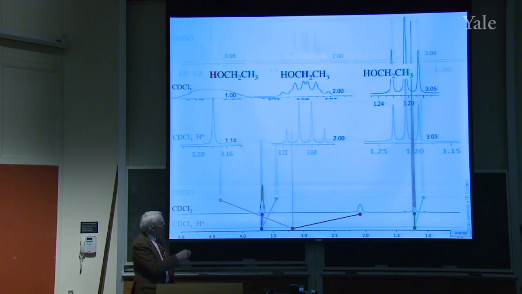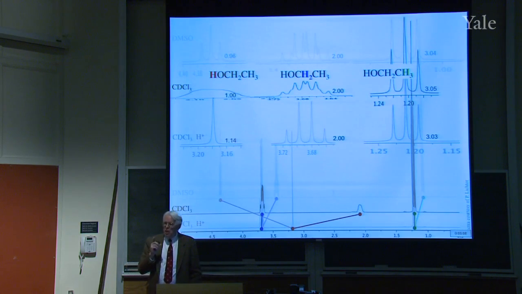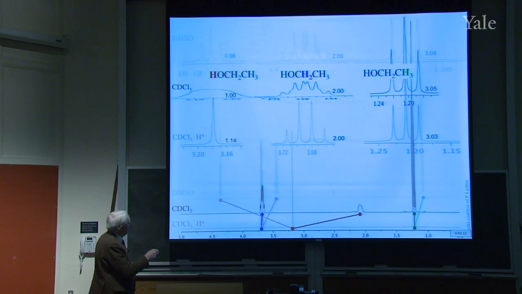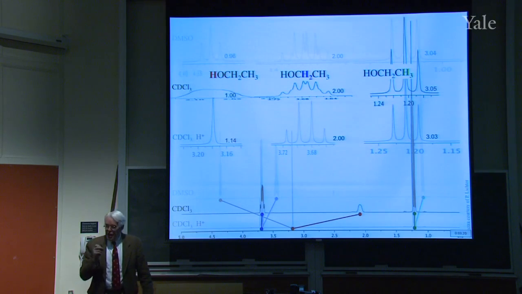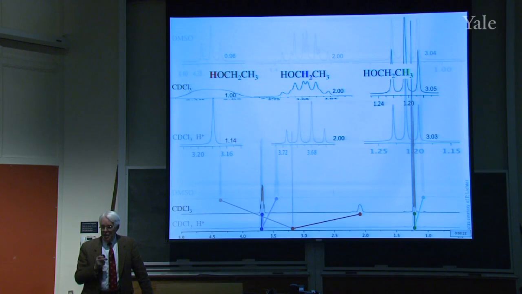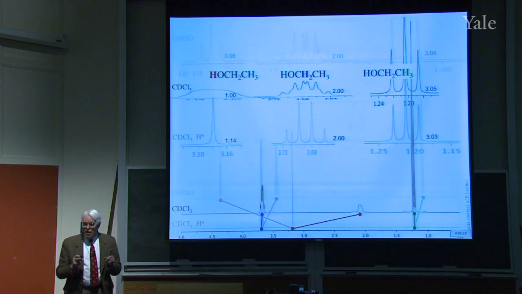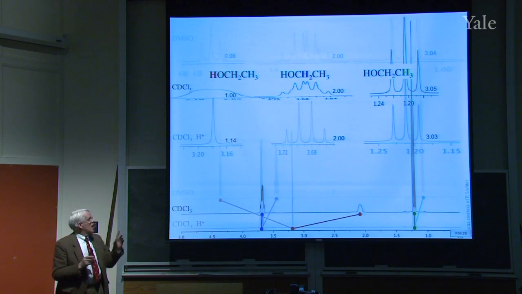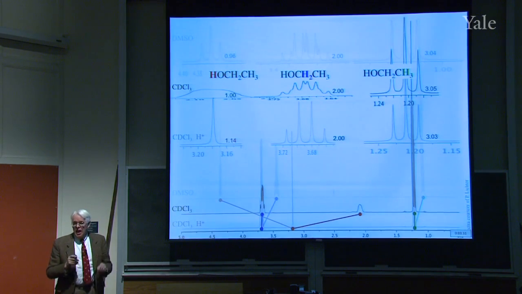It's 2 to 3, that's fine. But this is bigger, 1.14. So that sharp peak here, in the one that has acid in it, is bigger. There are more protons there than just one. How did that happen? It's an average of both the OH that's on the alcohol and the H+,